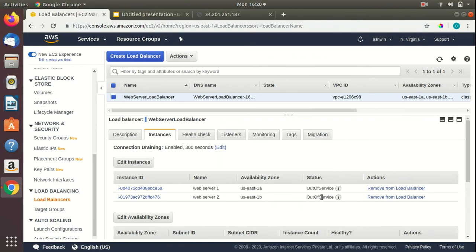So we'll have to wait for a minute or two for the EC2 instances to come into service, since the load balancer is going to register these EC2 instances and also run health checks on them. So we'll wait for a minute or two till the instances come into service.